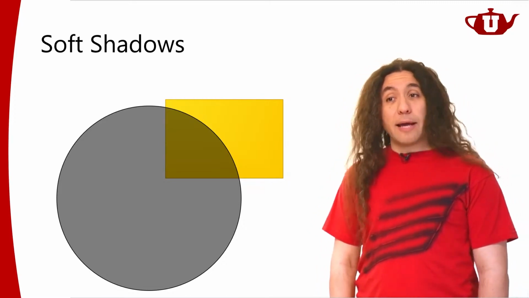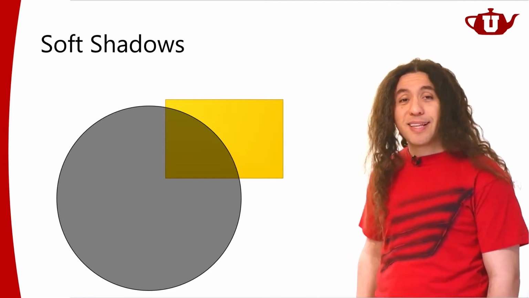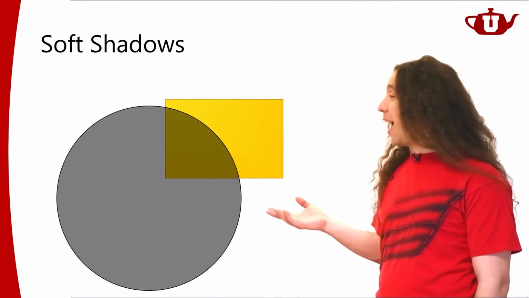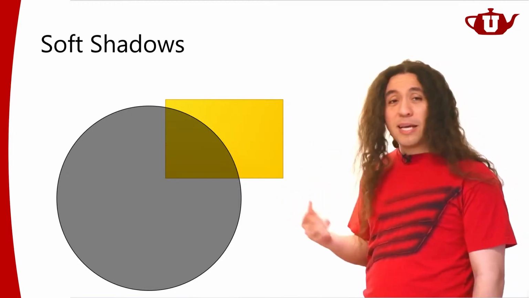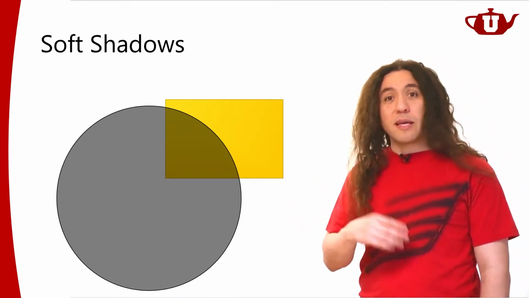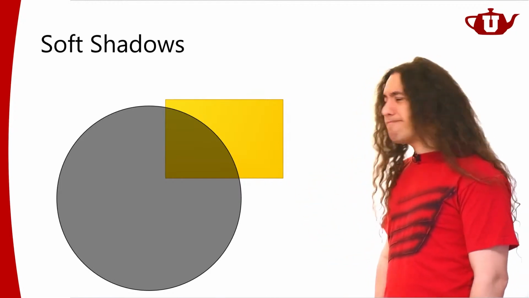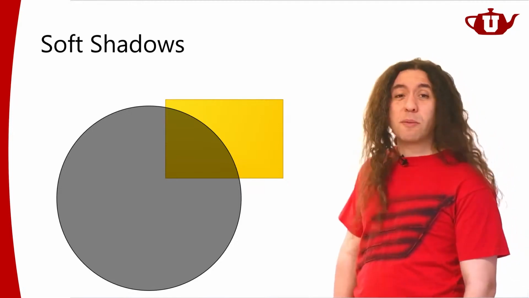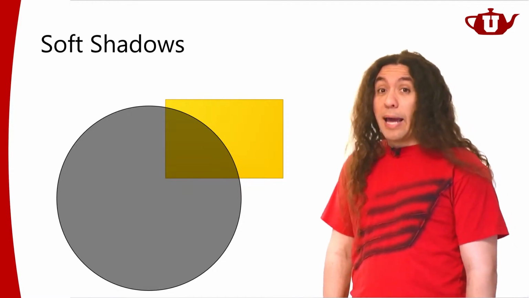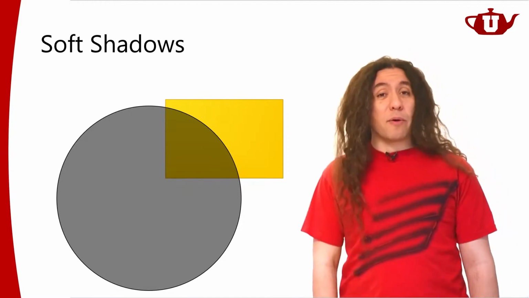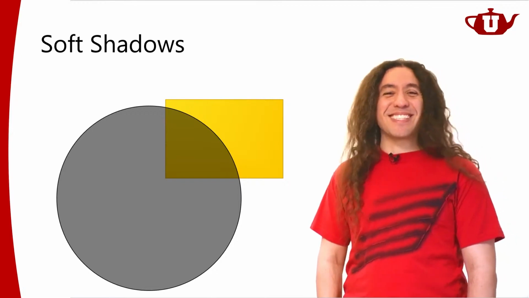Now, how am I going to do that? Well, if my objects are simple like this, like I have a circle and a box, I might be able to analytically compute this area. That would be fine. But in a lot of cases that we're dealing with in a 3D scene, this is going to be a little more complicated. So figuring this out geometrically is going to be kind of tough, right? It's not going to be that easy. It's going to be actually quite difficult and expensive. So here's what we're going to do. A typical way of doing this is, well, you guessed it, ray tracing. Ray tracing is like the solution to everything.